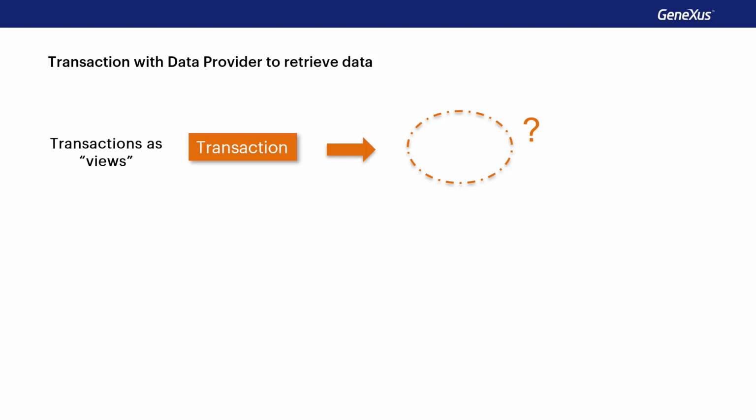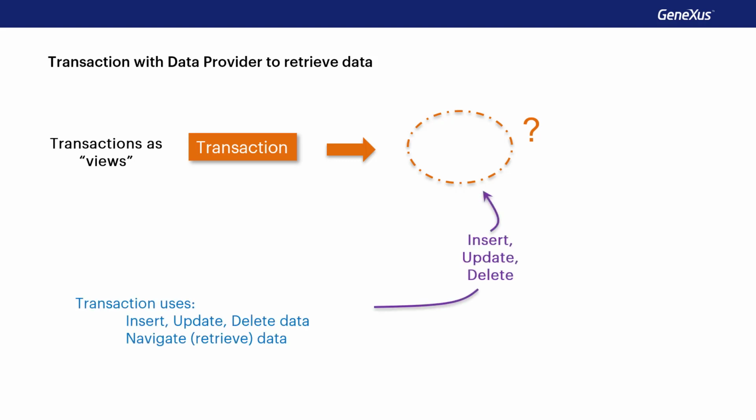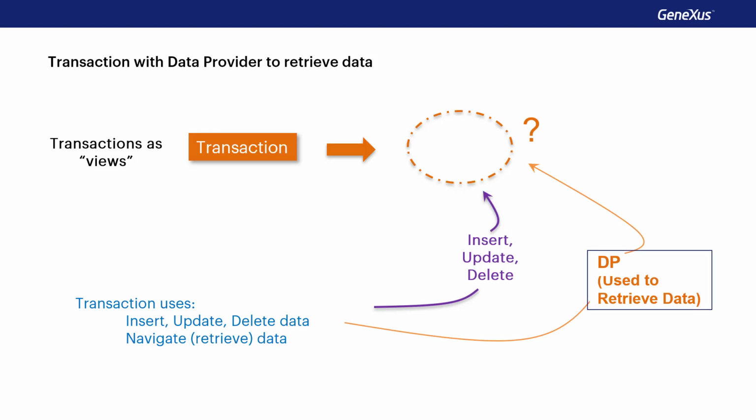To insert, update, or delete, we'll have to explicitly program 3 events with these names. To retrieve the transaction's data, we'll have to program the data provider associated with it. Just like data population, the update policy property will allow us to indicate if the transaction can be used only to retrieve information or also to update it.